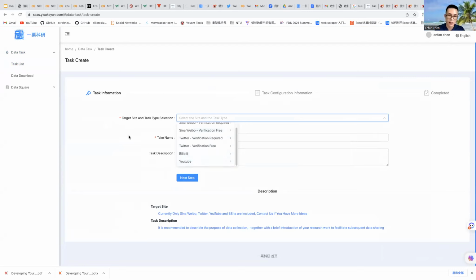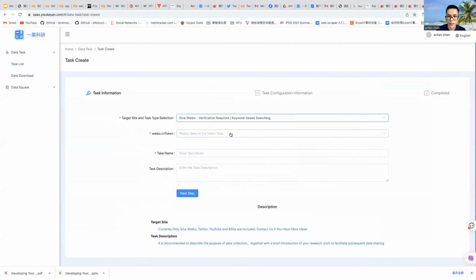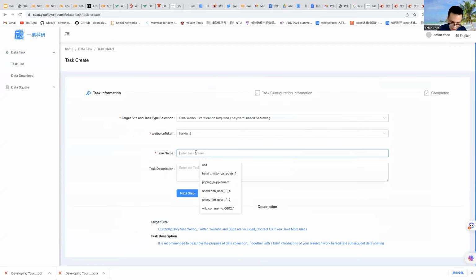You can get the data if you like, such as from Sina Weibo. You can collect the keyword-related posts. In this way, you provide a cookie, and you label it as such a task.